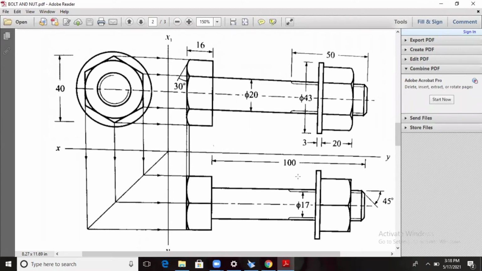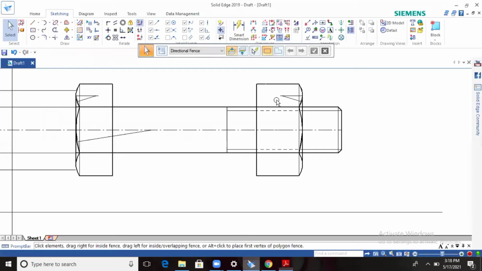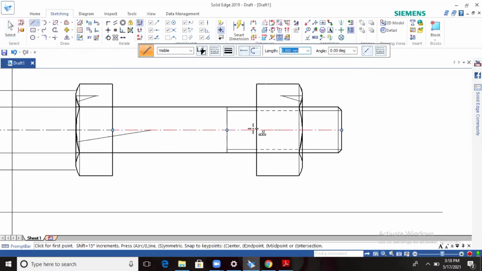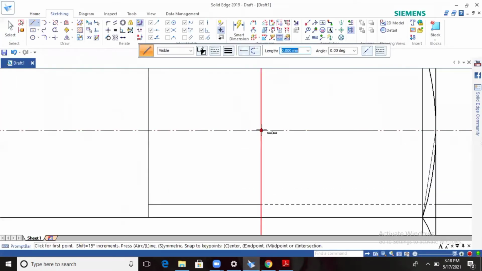After this you have to go for the washer. First I will complete the washer. First I will write the distance. So what is the washer dimension? You can look at this one. Washer dimension is just 3 mm and 43 diameter. So for 3 mm, I will make the reference line 1.5 here. 1.5, enter, enter.